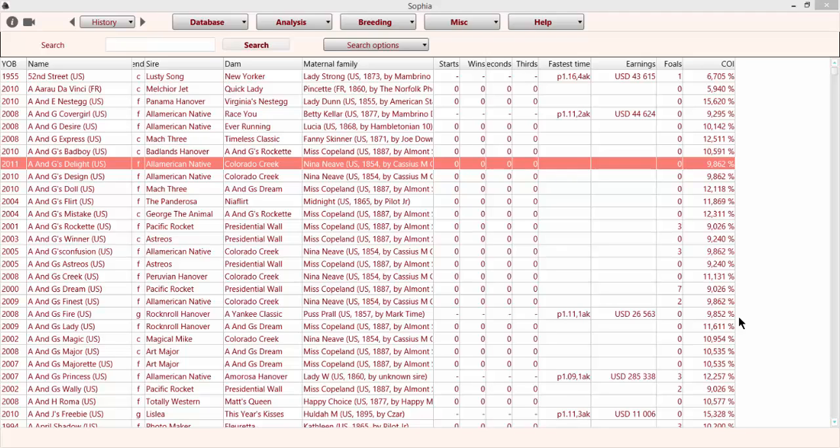This is the screen you see when the program starts. You have a menu panel on top. It's divided into three parts, and then you have the actual screen, or actual frame in this case, the horse list with a separate search panel on top here. If we were to go to the menu panel, which is the most important thing for this instruction video,